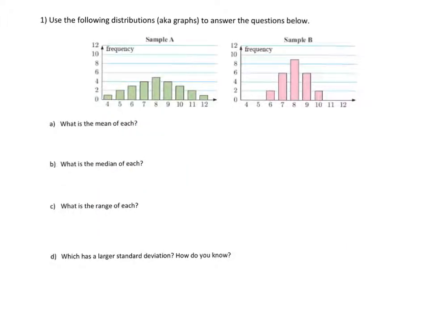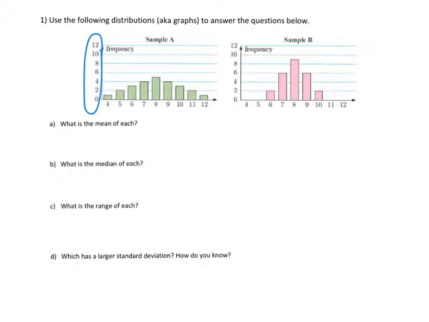Okay, so now we're going to start looking at comparing some more of these histograms or distributions, another way to talk about it, and just seeing what we can figure out by looking at it. So part A in this question says, what's the mean of each? Well, we could sit here and list out all the values. We have the frequencies here on the left side, so it tells you how many times that value occurs. I could list them all out and add them up and divide the way I normally do a mean, but